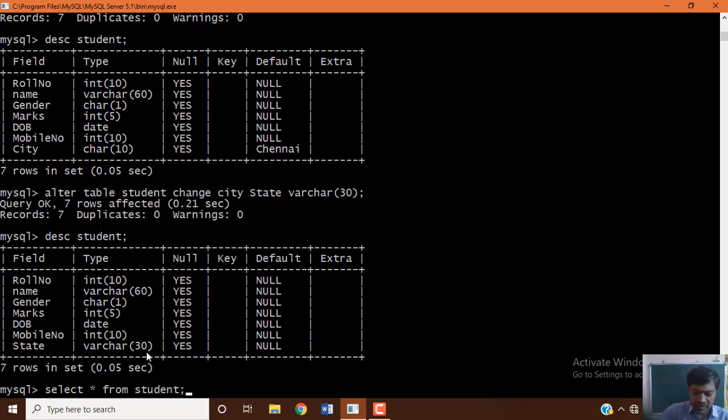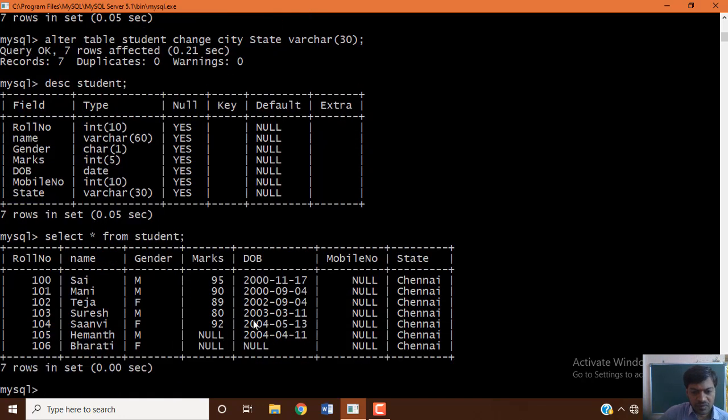Instead of city, now you will see the field name state. So that is how you can rename an existing column or field or attribute in our table. And we know how to resize the field, as we used with modify. So that is how you can make use of the alter command.